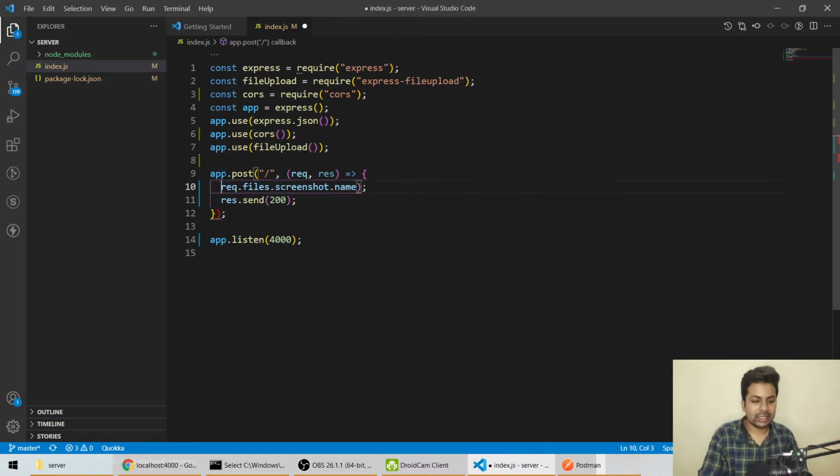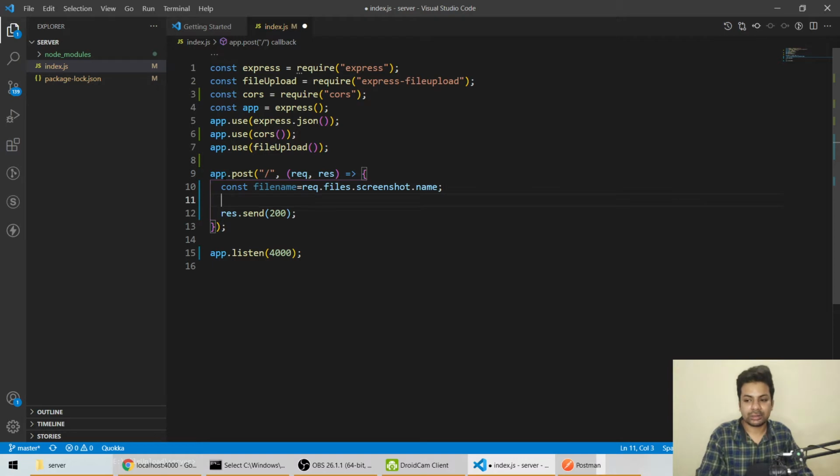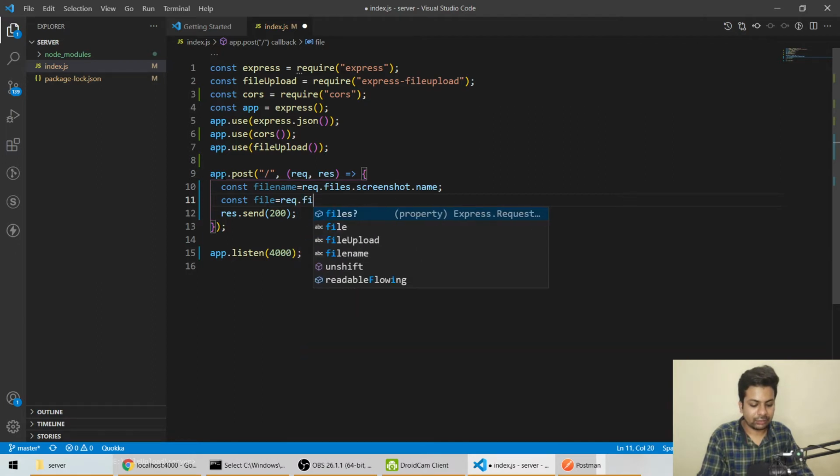We'll take it in a constant, const fileName equals, so here I'll get the file name. I'm taking the file name because I have to save the original file with some name. After that I'll say const file equals request dot files dot screenshot.